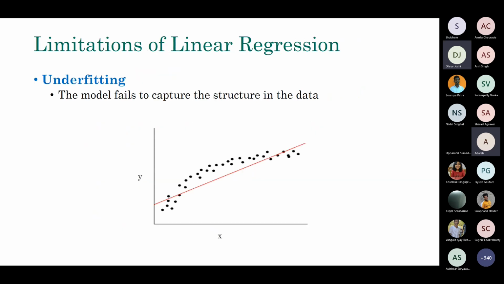All right. So what is the limitation of linear regression? These limitations are actually limitations of many machine learning models, including linear regression. This is called underfitting. What is underfitting? The model fails to capture the structure in the training data. For example, you had training data something like this. The black dots are your training data. X and Y you have. Y is the output level, X is the input variable, and so on.